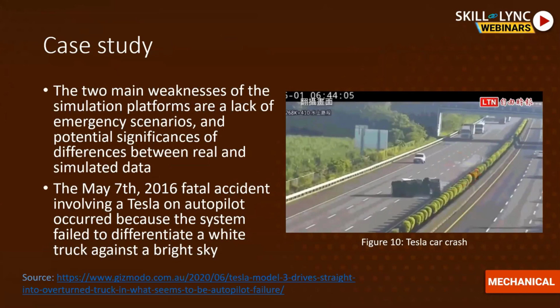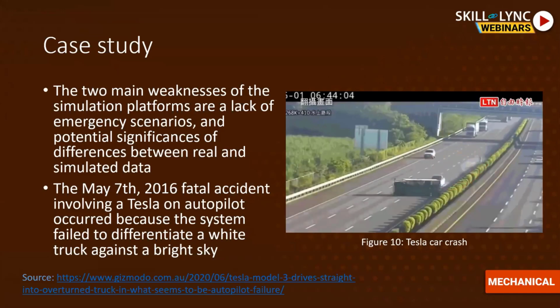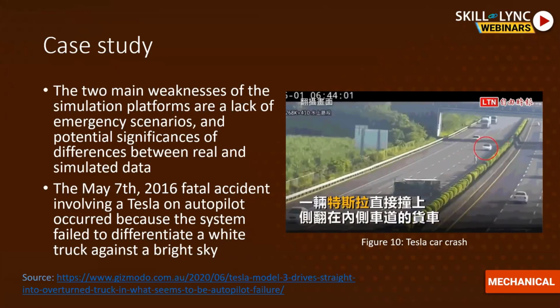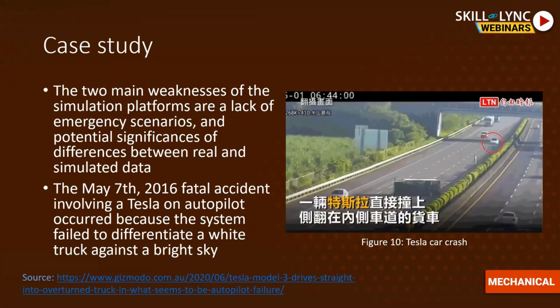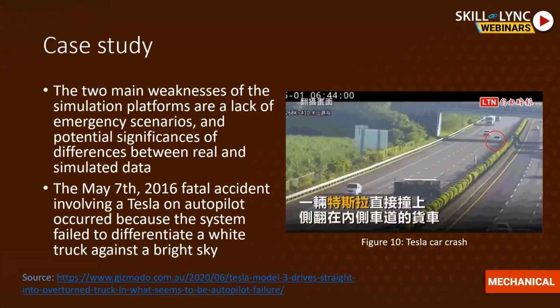So this is one example which I found, and it was an interesting example because this car crash happened in a Tesla Model S, if I'm not wrong. And the reason they gave for this car crash is because since the truck was already lying down, and since the top of the truck was white in color, the car actually misclassified it as a stationary object, which is of not so much importance to it.